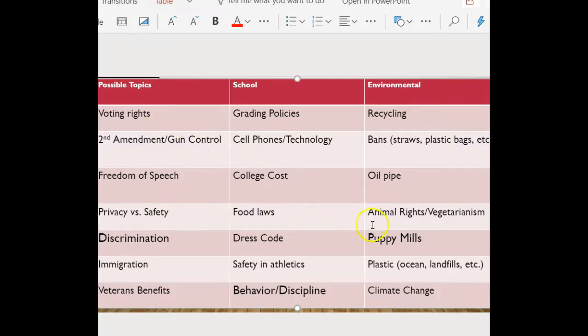Voting rights is really big. There's a lot of environmental issues that are really big. Other people are like, I'm going to write something that's persuasive over why a certain animal should be protected. So why we should protect the elephants, or why we should maybe play a certain instrument. Why everyone should learn to play the piano, or why everyone should learn to read music. So have a persuasive slant to your paper. That's going to be one of the requirements.